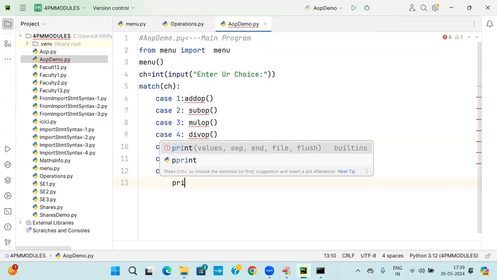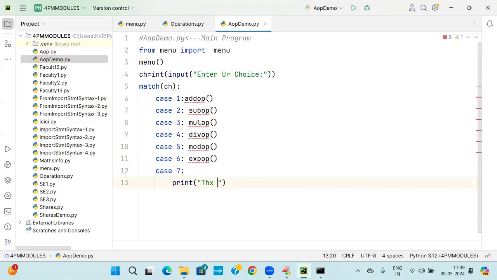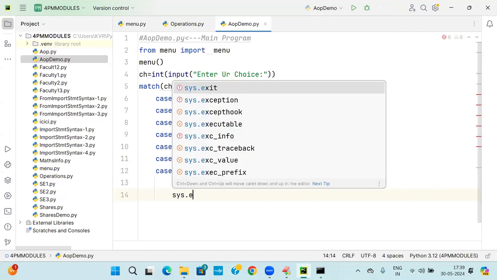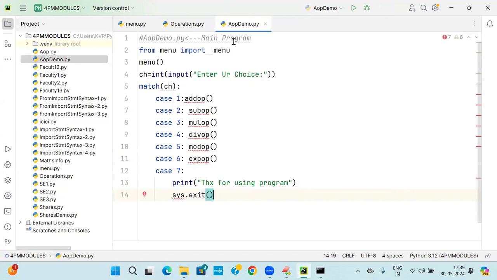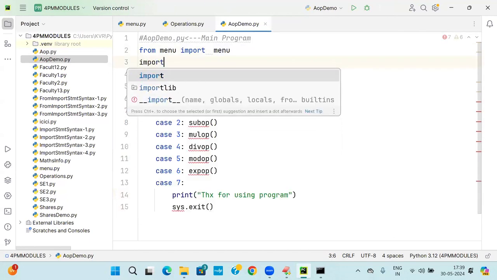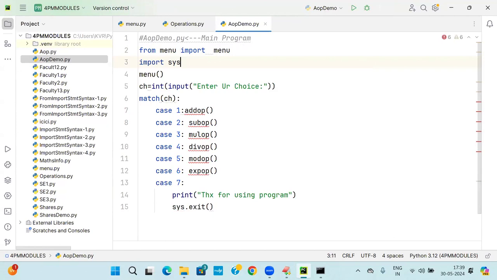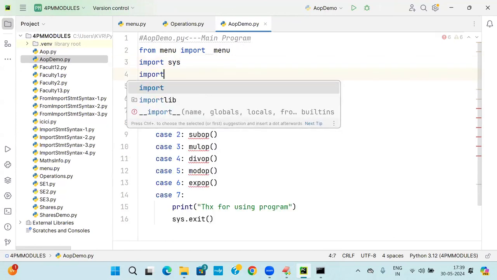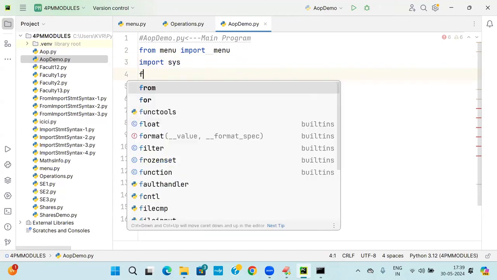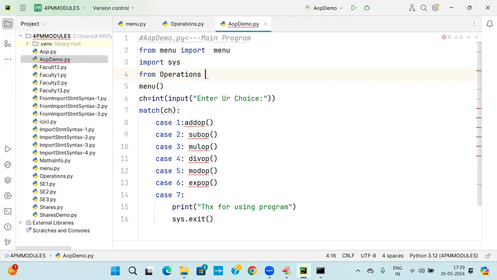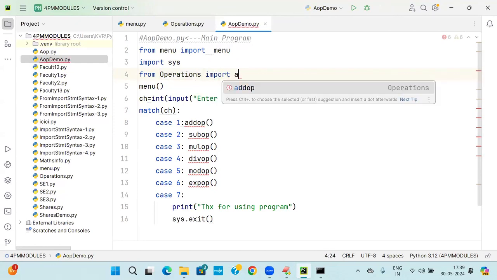And case 7: print "Thanks for using this program", and sys.exit(). Sys is a module, so import sys. Moreover, from operations import add_op, sub_op,